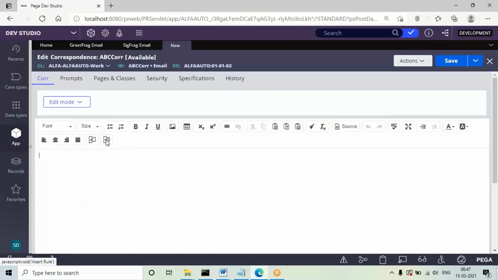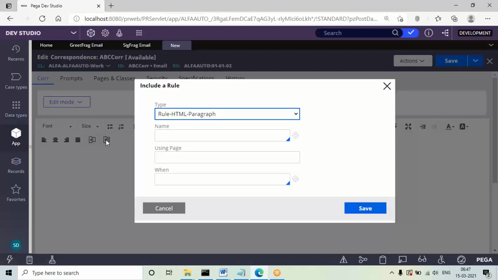In correspondence insert rule, you'll get other things. In a fragment we can only load paragraphs and sections, but in correspondence we can also load other fragments and other correspondences. So you'll get four options here, but in a fragment only two options, paragraph and section. Additionally, in correspondence, other correspondences and fragments can be called.